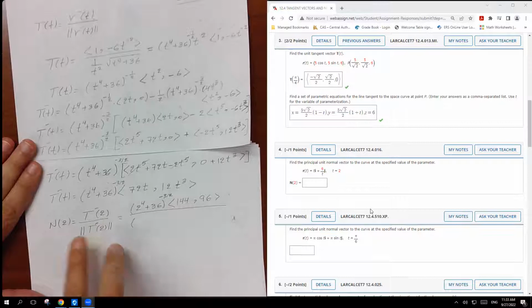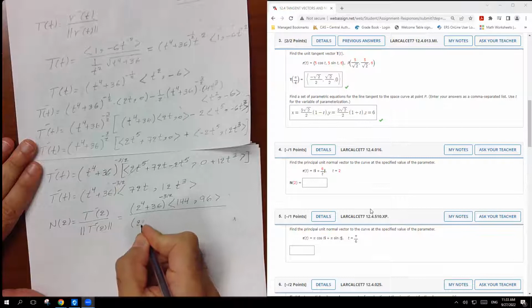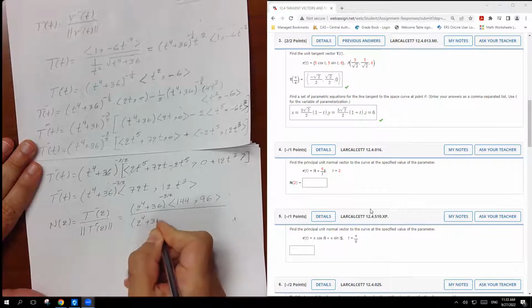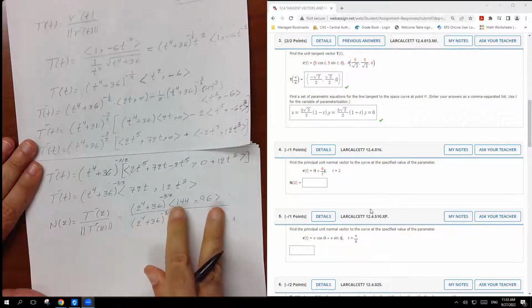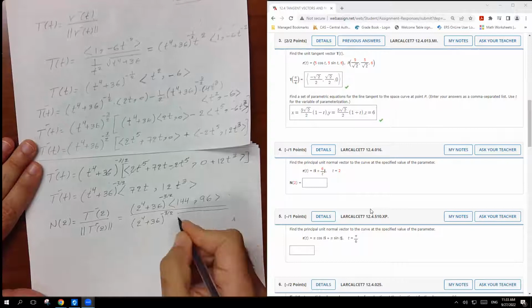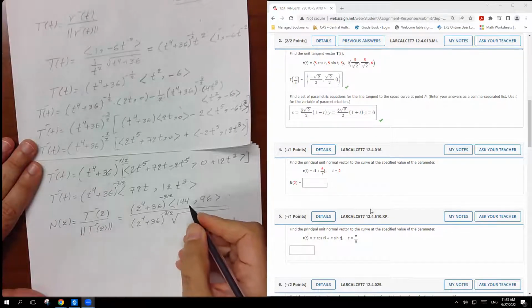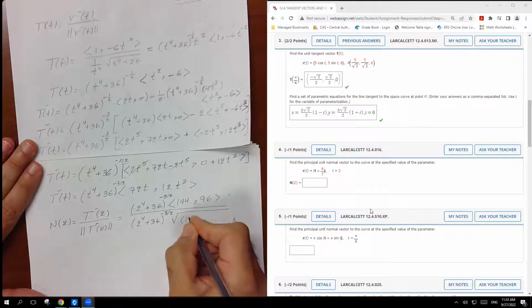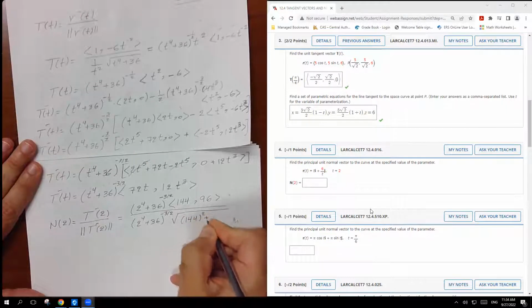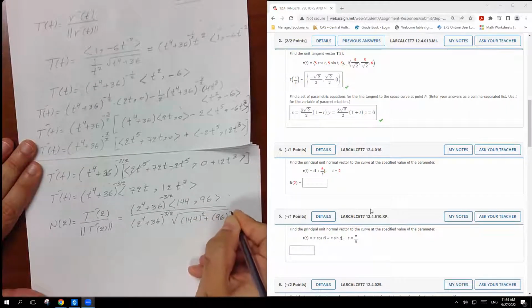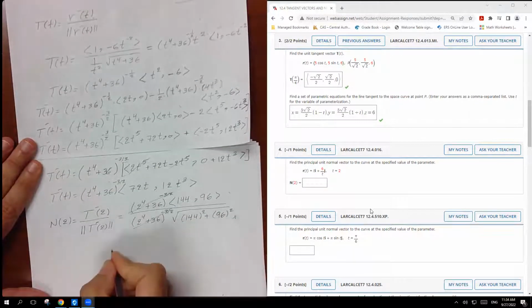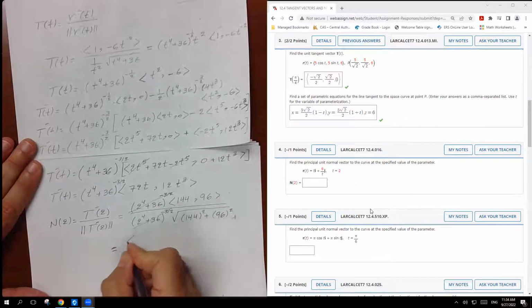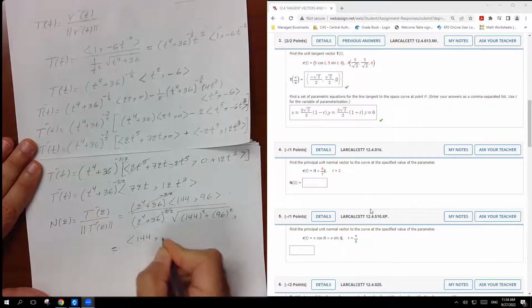So when you find the length for the prime with respect to the t, this side is going to be, keep it exactly the same. Just plug in the t, -3/2, because you're going to find the length only for the vector, which is the square root of the first component square plus the second one square. So 144 squared plus 96 squared. That means this one cancels with this one. So the result is going to be 144 and 96